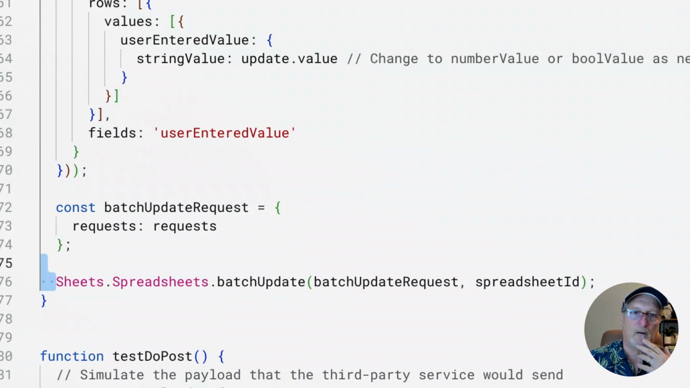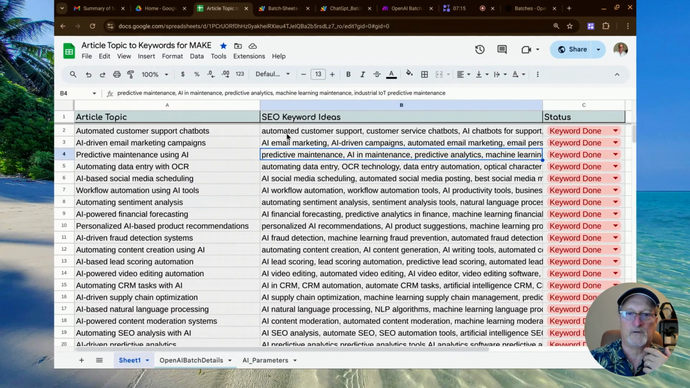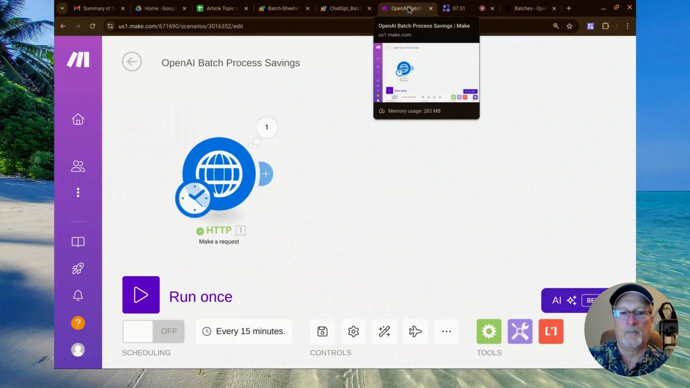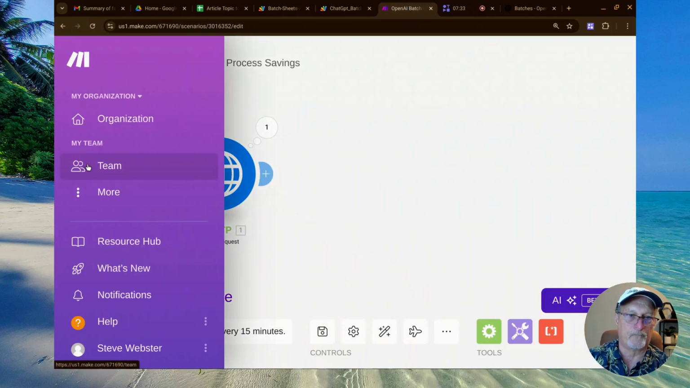So again, what does that all mean? Practically, it means instead of seeing this row get populated, then this row, then this row, even though it may appear to go quickly, boom, boom, boom, one at a time, what if you have hundreds or thousands or tens of thousands? The batch just does it. So in summary, if we go back to make.com, we did mention, go to